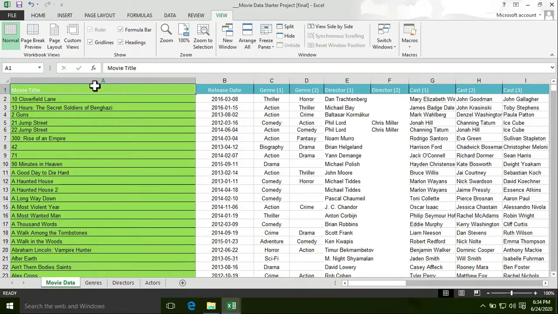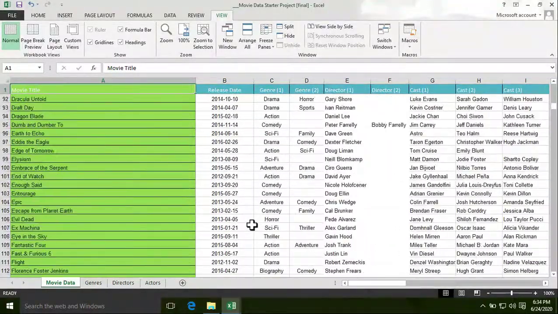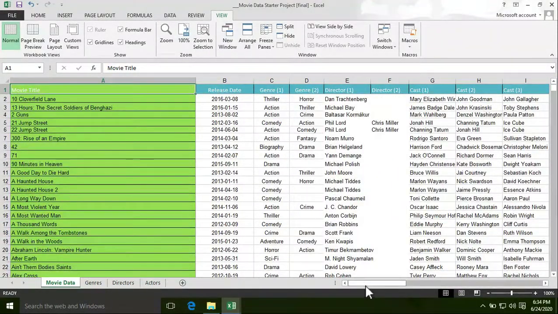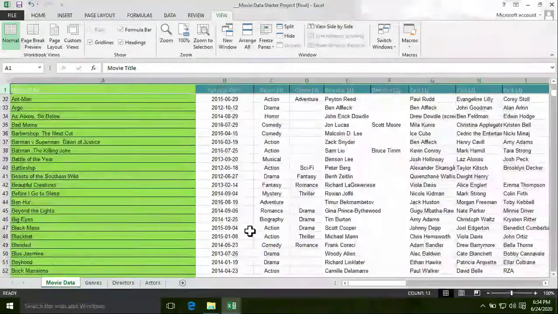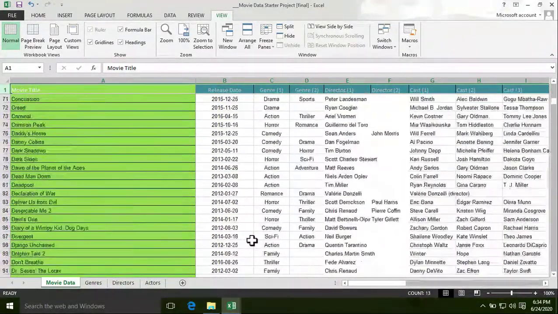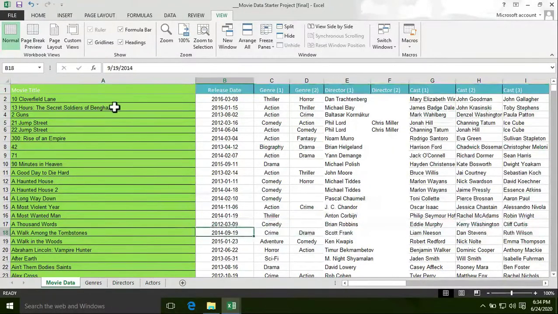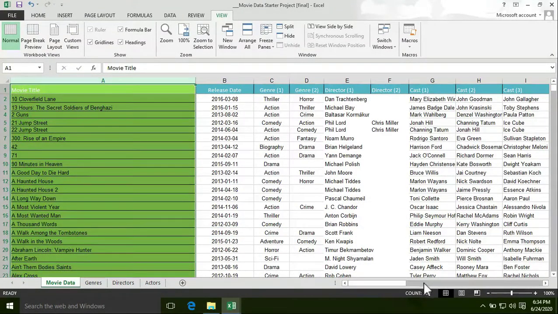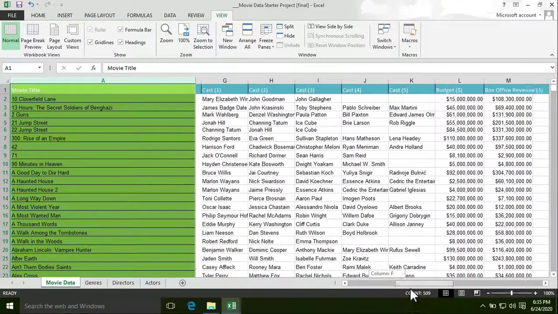The first row is frozen and the first column is frozen. Here is the first row and here is the first column. Let's see. Yes, the first row is frozen, and the first column is also frozen.